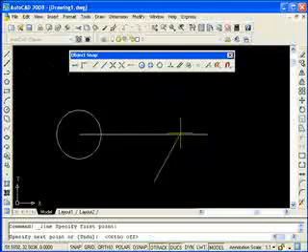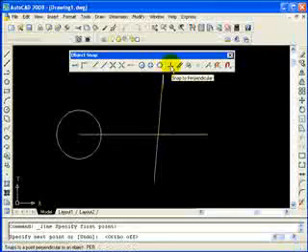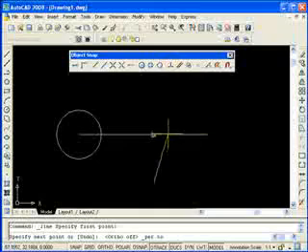Pick out here, and here's one that you'll use a lot. This one is the perpendicular object snap. Let's say I start a line out here, and I want to draw a line exactly perpendicular to this line. It's not at the end point, it's not at the midpoint, it's just perpendicular to that line. Well, I'm going to come over here and pick my snap to perpendicular object snap. Come over here, and notice I can pick anywhere on this line,